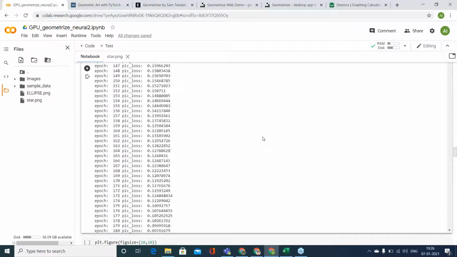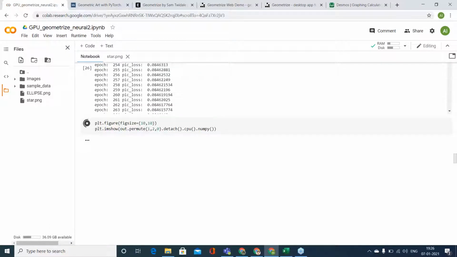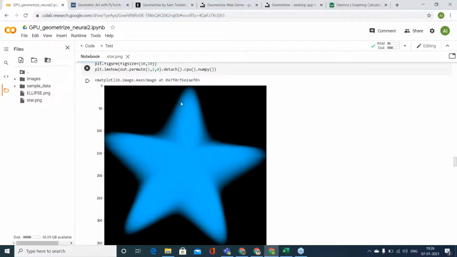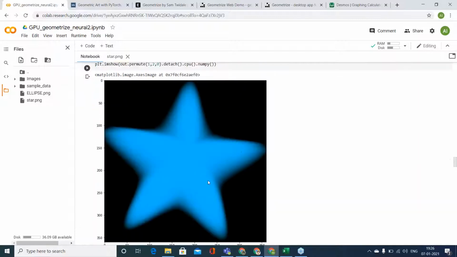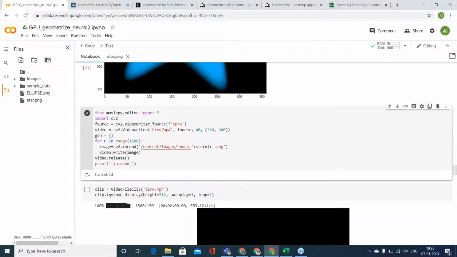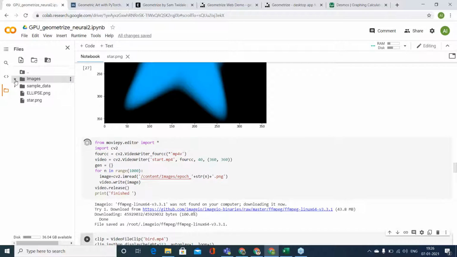Right. So the algorithm has run, and this is our output. This was our input, and this is the output. It has saved all those 1000 frames in this folder.